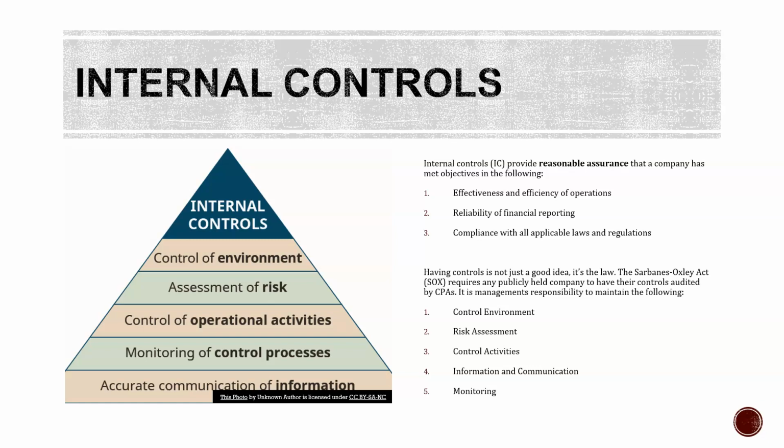And then also that we're complying with all applicable laws and regulations, right? Because like we said earlier in chapter 1, when you're a corporation, there are a ton of laws and regulations that you have to abide by. So we have these internal controls to make sure that we're complying with laws and regulations. One of my jobs when I worked at the state auditor's office was to look through the federal compliance guidelines and set up testing for accounts that we felt maybe were not meeting those guidelines. So it's a document that is thousands of pages long. You can go on the federal government's website and pull it down and look at it if you'd like, but